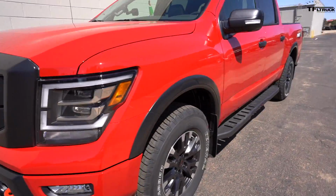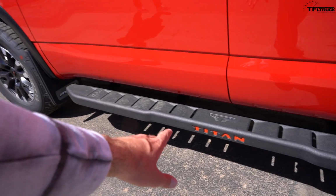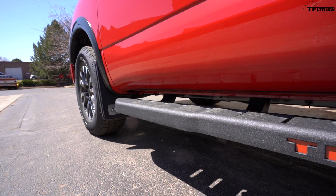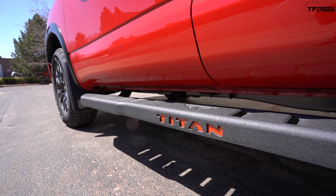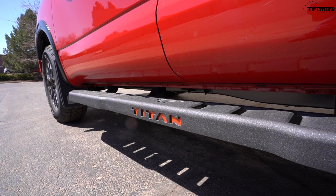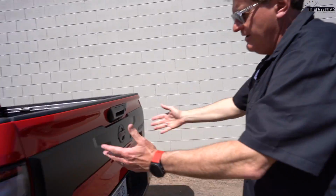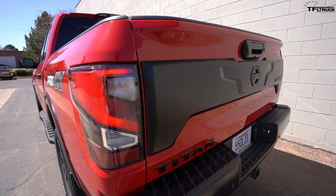Here on the side, you'll see the 18-inch wheels wrapped in General Grabber off-road tires. Titan side steps here once again with orange. I like how they did that rather than just cutting out Titan and making it see-through or clear. They've actually incorporated this orange backing, and orange of course makes any truck better off-road. Oh, look, you got a little step there. There's a little step here, and of course you've got a big piece of plastic on the back tailgate now